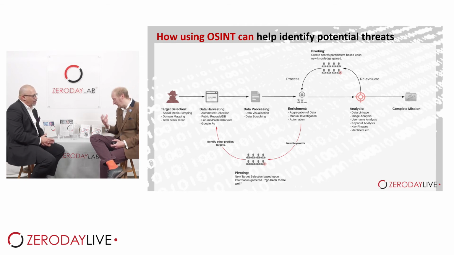And then enrichment. So that's the vital part to this. Let's say adding data to get context. I've got this IP address. That looks interesting. I need to find out everything about that IP address now. I'm enriching that data. So I've got an IP address that looks interesting. I've got a hash that looks interesting. Now I'm enriching it. I'm finding out more about it. I'm pivoting, right? And then I'm doing the analysis.